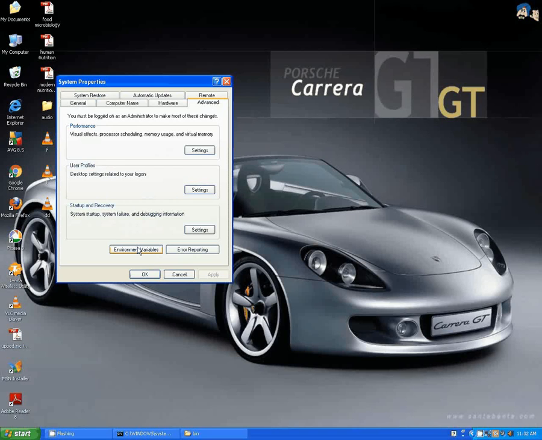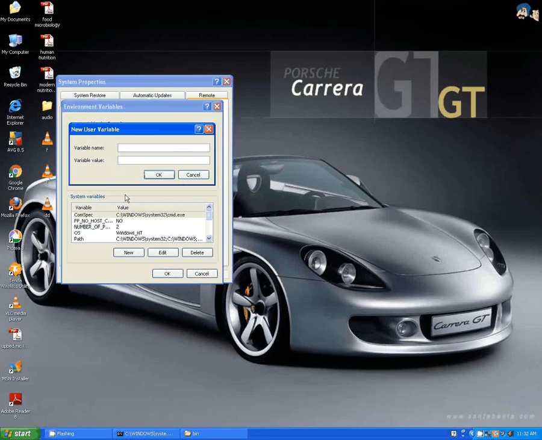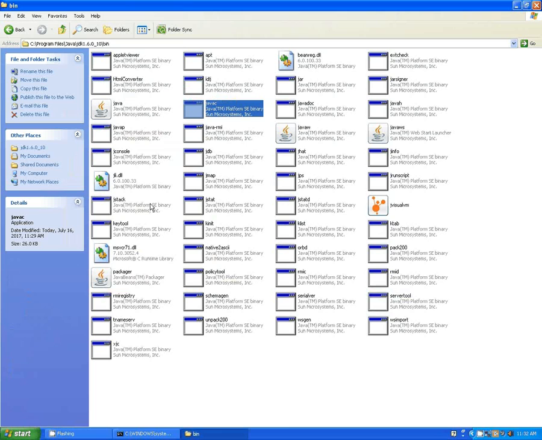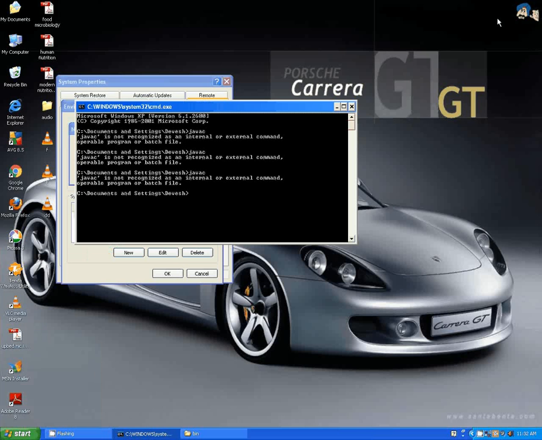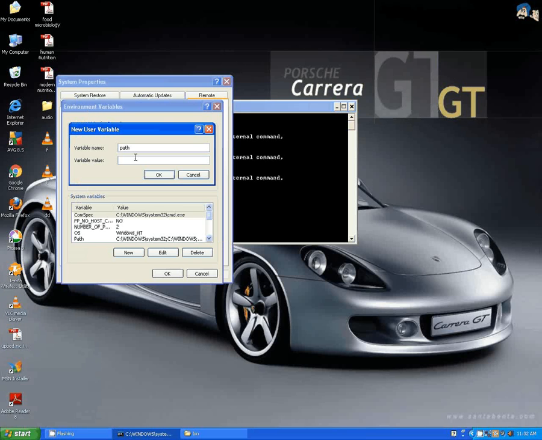Click on Environment Variables, click on New, set the path right here, and copy the path of your javac compiler and paste it here in the environment variable.